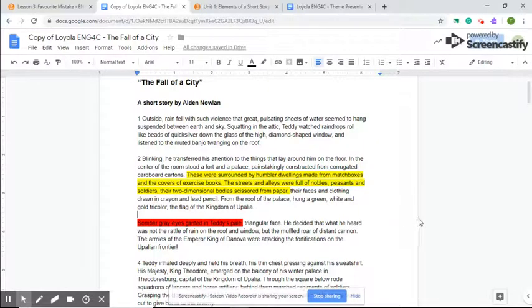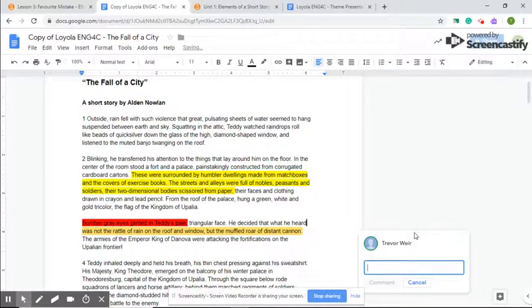And over here, if you drag your cursor over to the right of the screen, it says add a comment. So this is the annotation part where you can actually make some notes in the text right on the document. You can say, Teddy's eyes are somber,